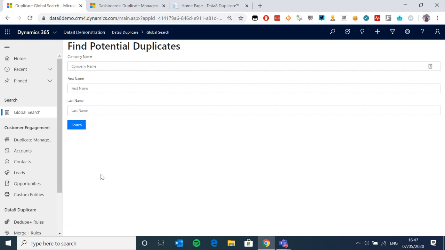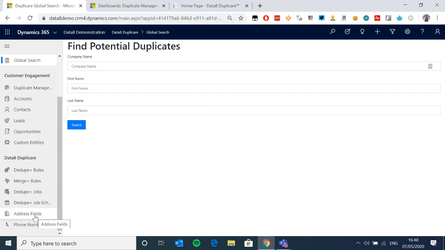So when we built the rules behind the scenes, we had to fight this problem. And the thing that we ended up coming up with was so powerful, actually, whilst it was never intended at the start, it became a fully fledged feature of the tool itself. And this is down here: you have address fields and phone number fields. So it's basically standardization. If you use our predictive address, for example, this isn't a replacement for that. This is not address validation. This is not phone number validation. This is standardization. They're subtly different, but I need to emphasize that this isn't a replacement if you already use some of our other tools. If you don't have our tools, then it's a nice, viable alternative.